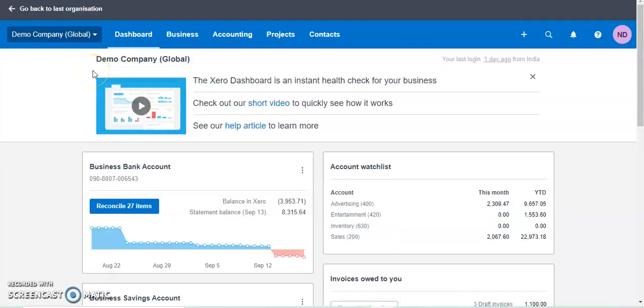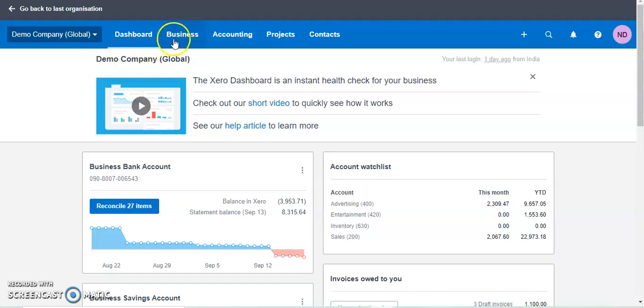Now let us talk about the second trick, which is related to batch payment. Now batch payment will definitely help your organization to save time. And you do not have to unnecessarily remember all the due dates which are falling for the payments which are to be made to the suppliers. So with respect to batch payment, if there are a certain number of bills which are getting repeated or which are due to the same supplier, then you can easily create a batch payment file from Xero accounting, which will help you to make all the payments in one go.